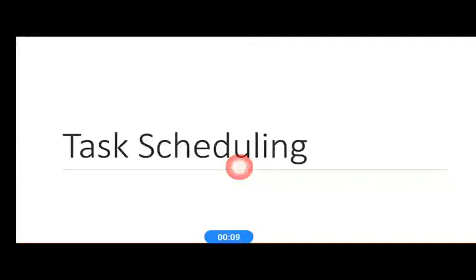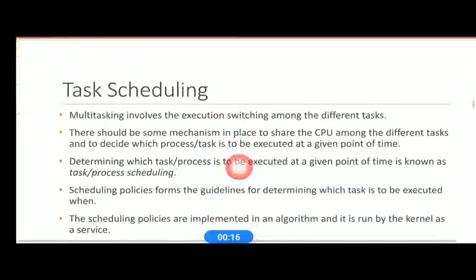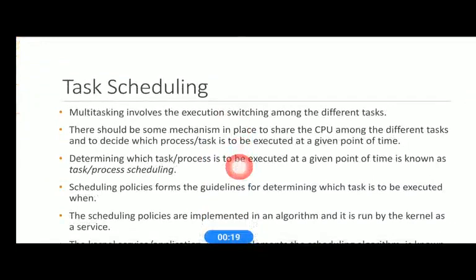So in this session we are going to discuss task scheduling in module 5. Task scheduling means how to schedule the tasks for execution. We already discussed that the whole program is divided into a number of tasks. Those tasks are to be executed concurrently, right? But we need a scheduler to schedule these tasks in an order, or to decide which task is to be executed at what point of time.